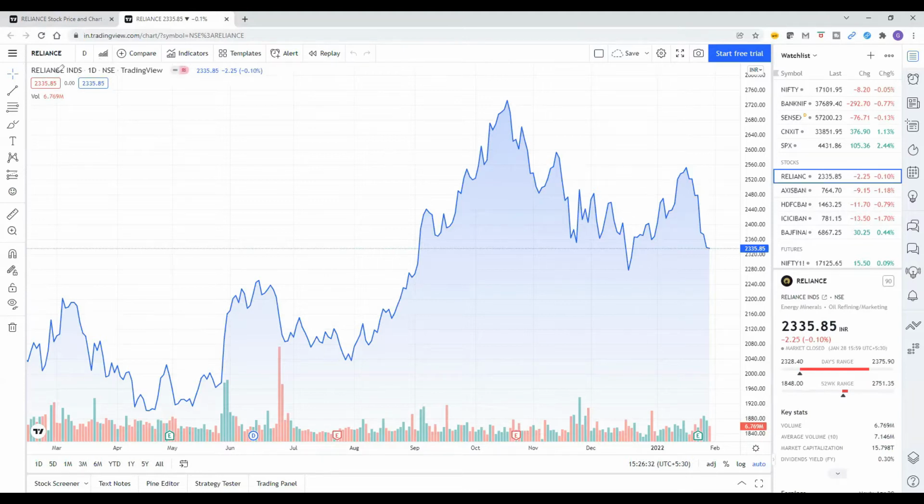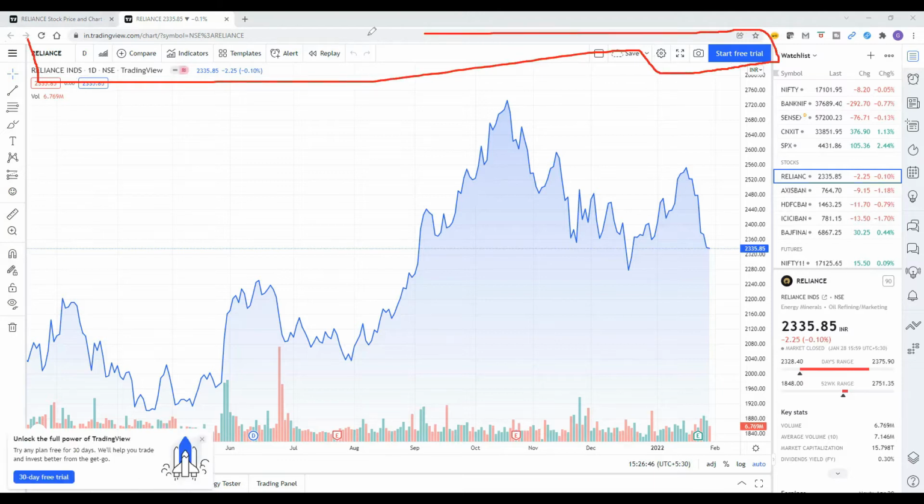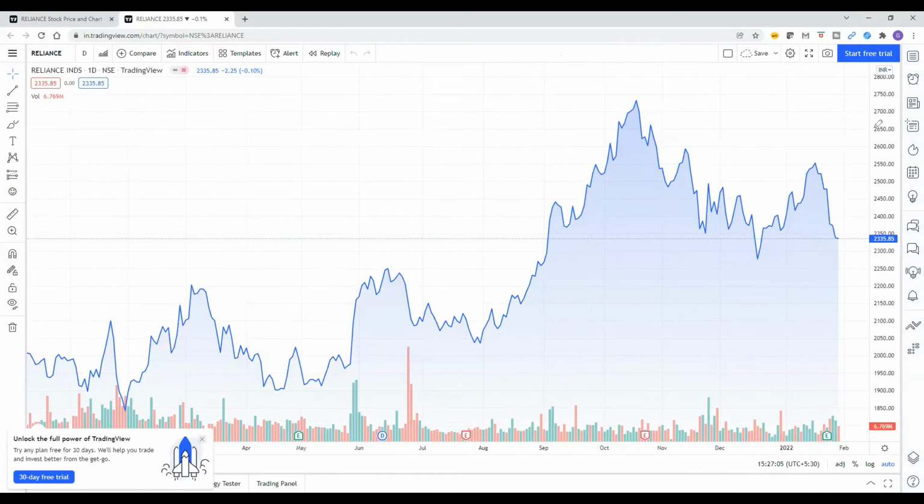You can see some icons on the left side, and you can see some icons on the top. And on the right side again, some icons are there.